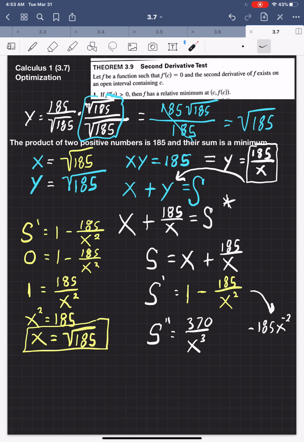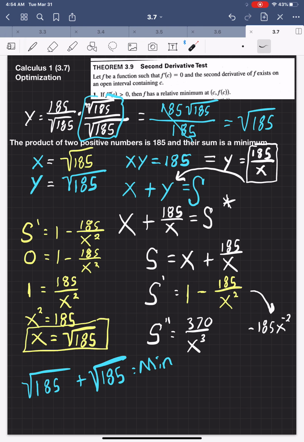So now how would you proceed to show that that is a minimum? How would you proceed to show that if you take the square root of 185 plus the square root of 185, not only does that multiply to be 185, but that adds to be the minimum? There are no other two numbers out there that would multiply to be 185 that would add up to be anything smaller. So how do you do this? Well,